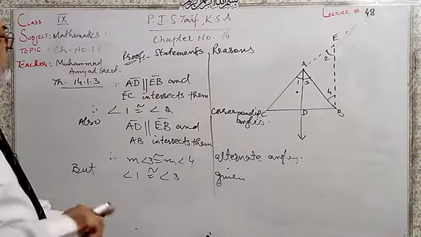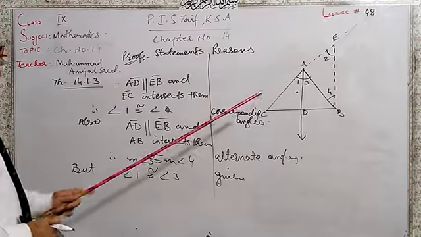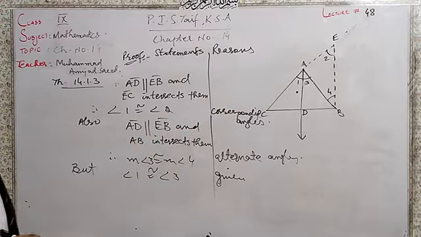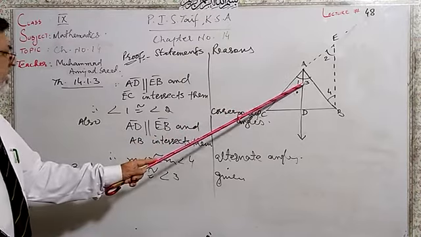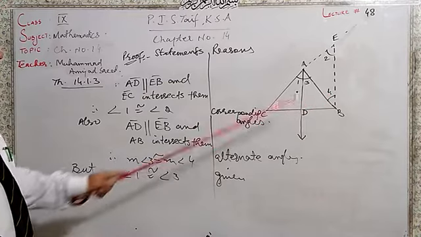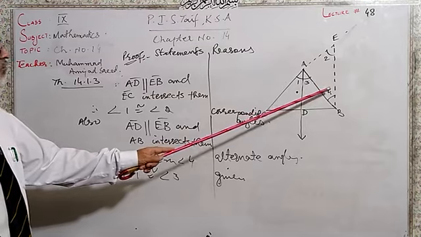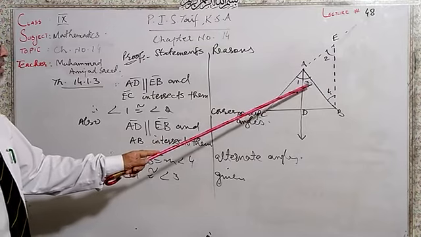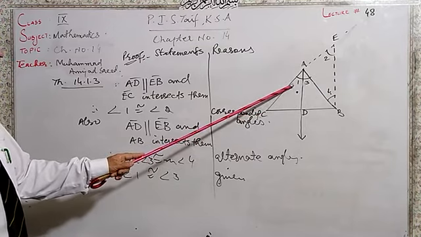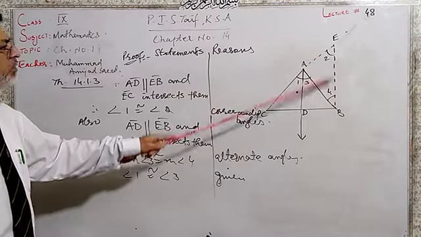So, dear students, angle 1 is equal to angle 2. We have angle 3 is equal to 4 and 3 is equal to 1. So, we can have angle 4 is equal to 3, 3 is equal to 1, 1 is equal to 2, therefore 2 is equal to